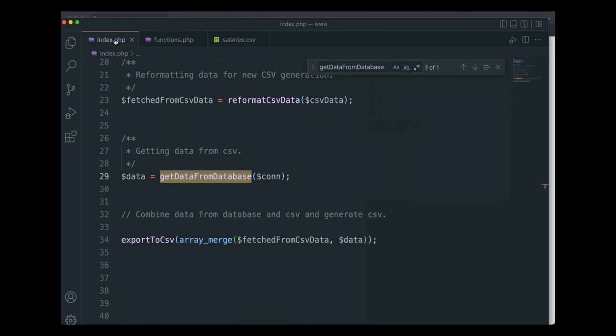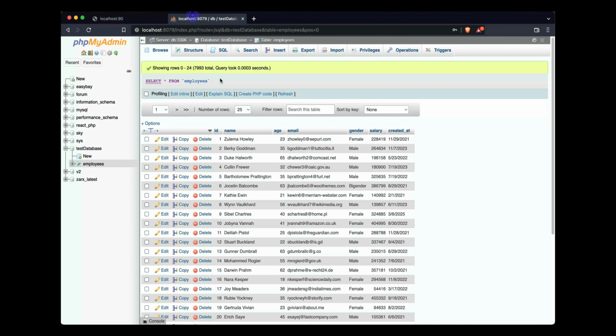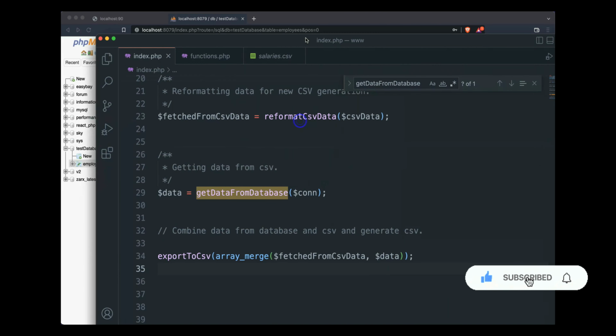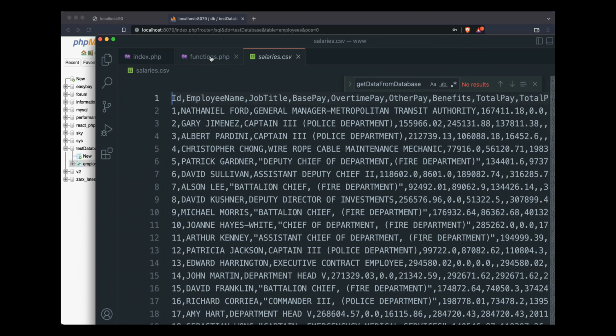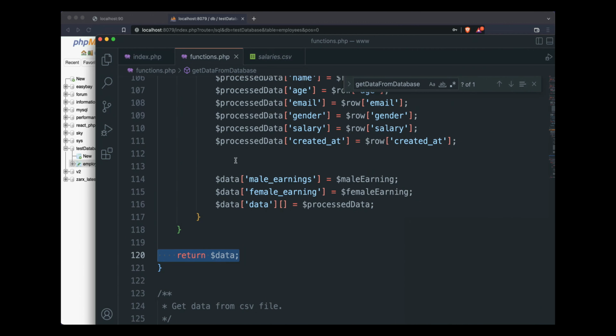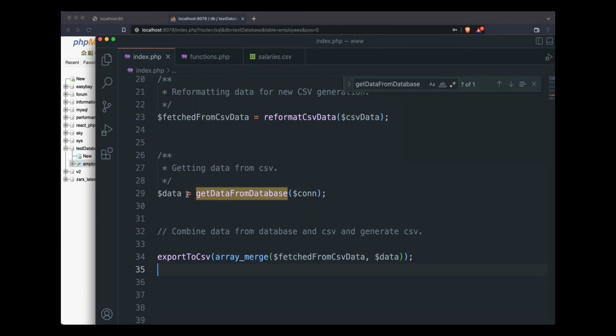All right, so here we are getting that data. It is basically the employees data, so it's a bit more data as compared to the data we got in CSV. We have more columns here, but the more data is coming from CSV. If I see here, there is the employee name and the total salary, it's total pay that we are fetching out of this function file. So here, once we have data from the database as well as from CSV, now what we are doing here,